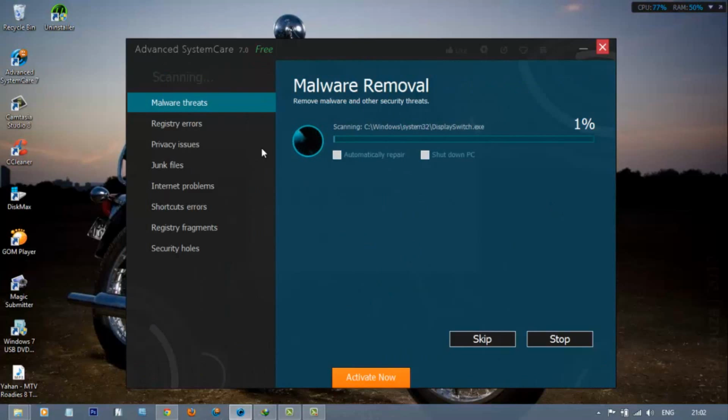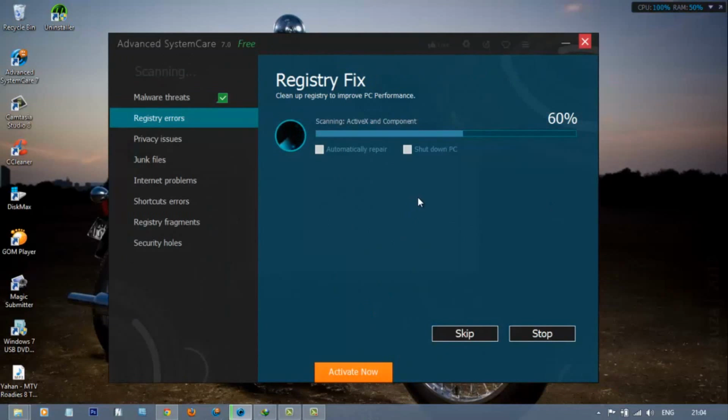As you can see, it has begun with the malware threat. So it is now scanning for registry errors. 62% has already been done.